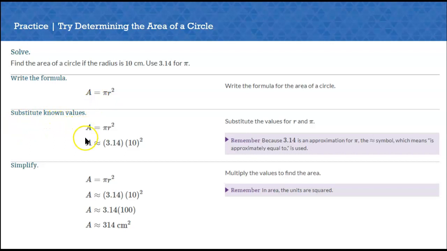So I'm going to go ahead and substitute the values here. I have area. Remember, we're finding it in terms of 3.14, so that's going to be approximate. That's why we get these squiggly lines. So we're going to say pi, 3.14, times radius, which is 10, because that was given to us, squared. So the first thing that we have to do is our exponents, because there's nothing inside of our parentheses. So 10 squared, or 10 times 10, is 100. Now we're going to say 3.14 times 100, and we get that the area of a circle with a radius of 10 centimeters is